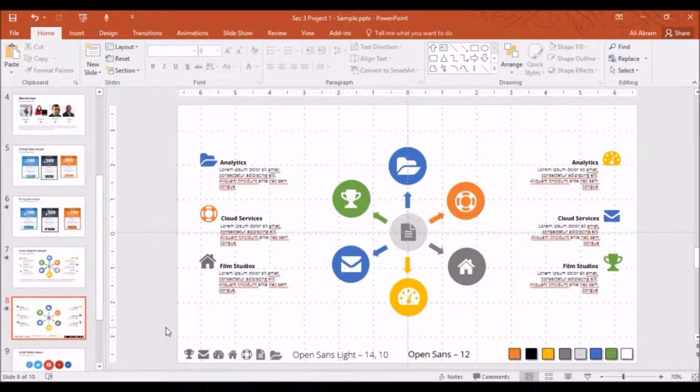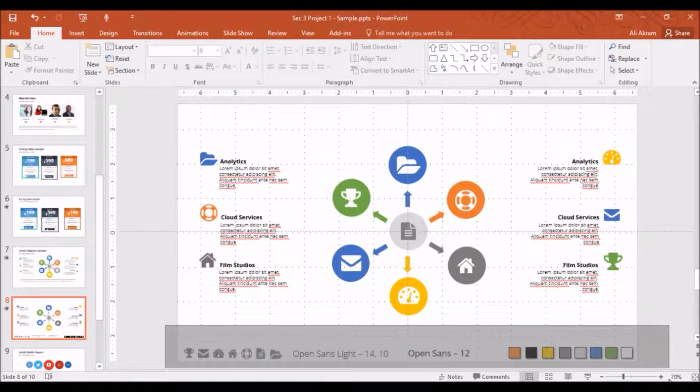Now in order to make space for our bottom text box, we'll clear these guides,